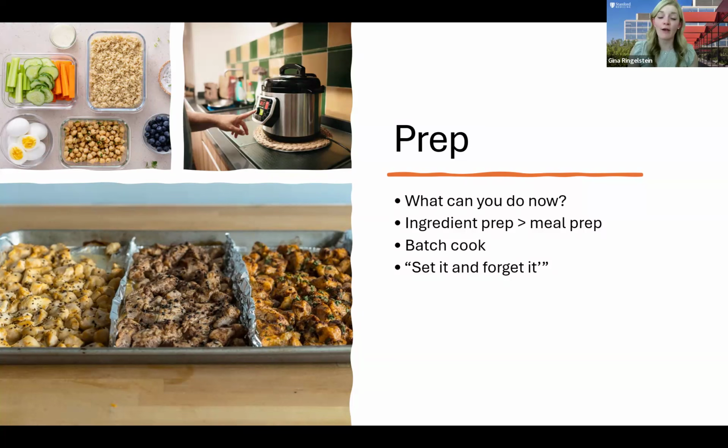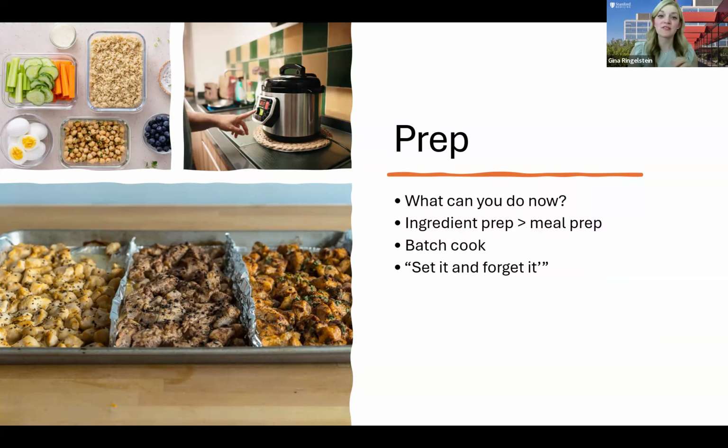So this is where I have you focus on ingredients and maybe even utilizing batch cooking. For example, you can see in our image here, we have all of our different types of chicken on this baking sheet, seasoned in different ways, prepped and ready to go. So when we decide to make that meal on Tuesday or Monday or Sunday, our chicken's already ready. This is going to really decrease the time we spend prepping the meal in the moment. We're just taking that extra time to prep things now.